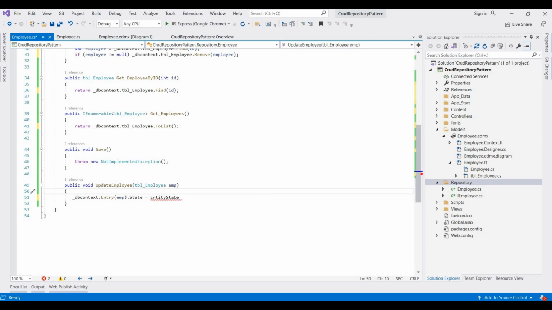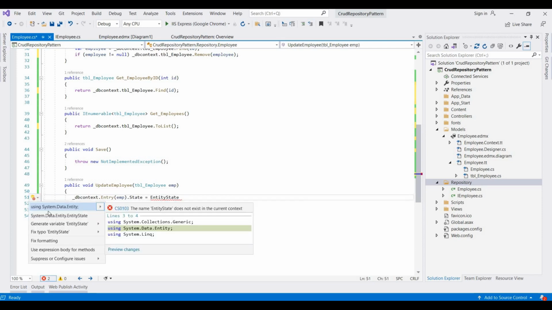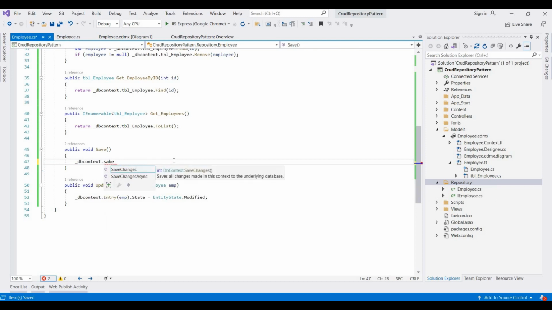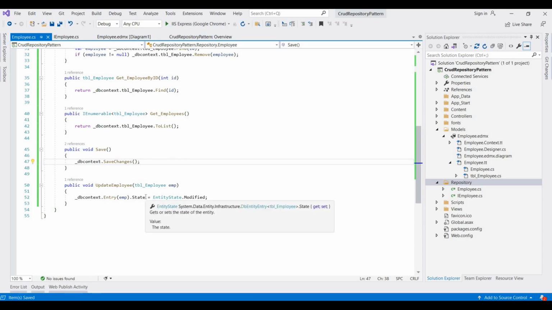We need to add a namespace for this. It's using System dot Data dot Entity dot modified, and db context dot save changes. It's save changes here, and then